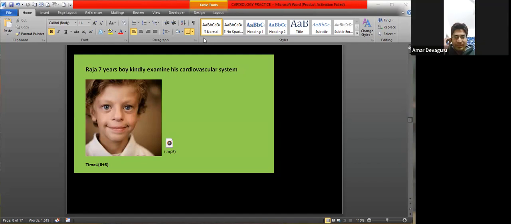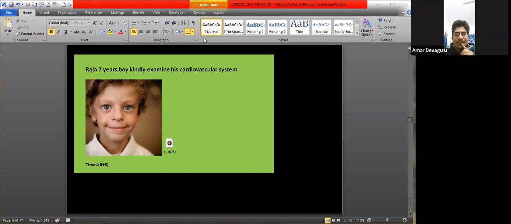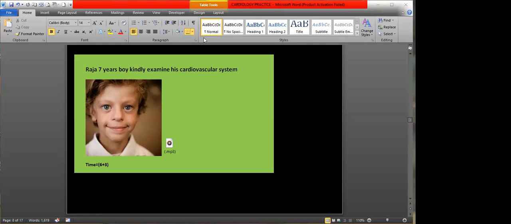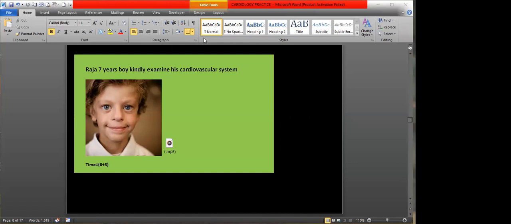Yes. I'm entering the room. I'm washing my hands and I'm giving the examination sheet to the examiner. So first I will take permission from Raja and his parent. Yes, yes, please. Today I'm going to examine Raja. It involves looking at the chest and also listening to his heart. Is it okay? Yes, yes, doctor, please. Thank you. So first I would like to look for any devices around. No device. Is the child in any distress?